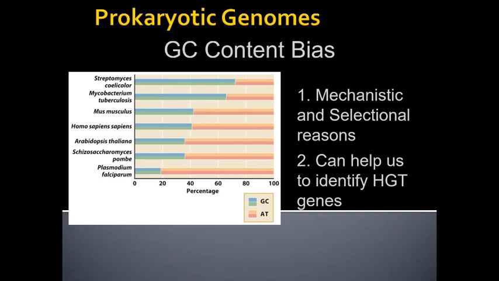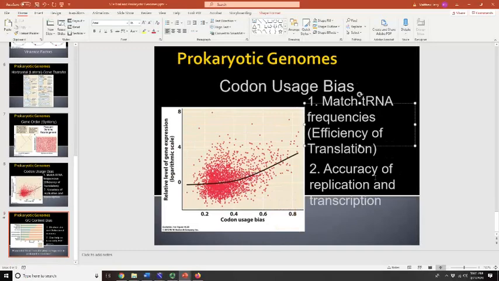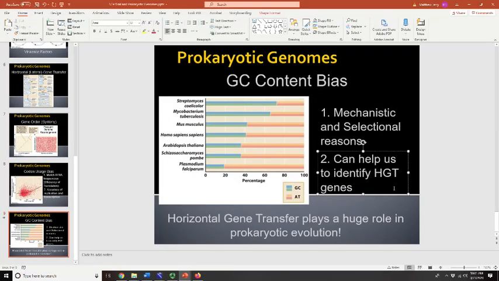So know the definition of GC content, know that there might be some mechanistic explanations like types of mutations or proofreading mechanisms, but that there are often also selectional reasons for more stability. Okay? And then lastly, this is really important, number 2 here. This can help us identify, and I'm even going to modify this, let's put in recent